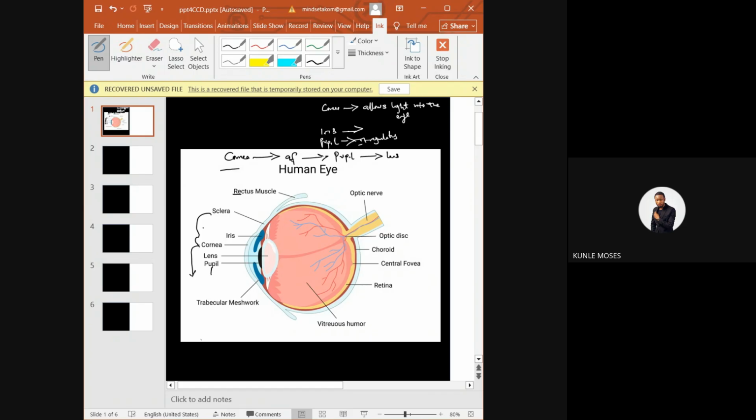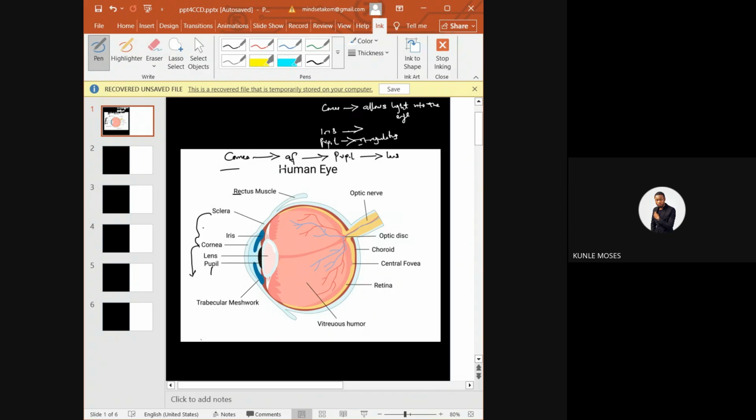We said from the cornea, through the aqueous fluid, light enters the pupil. This is this part here. So as the light is entering the cornea, once it reaches the pupil, the pupil will regulate the amount of light that is entering the eye. For instance, when you are inside for some hours and you go outside and it is very bright, your eyes will first look dim. Your pupil is trying to adjust to another level of exposure to light. Is that okay? So that is the pupil.